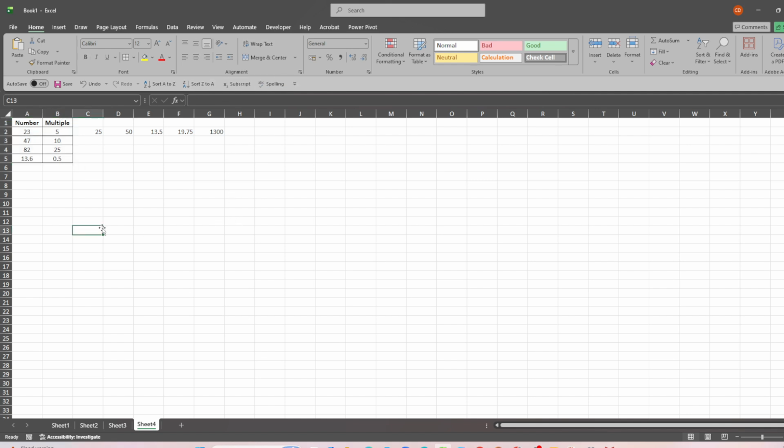Now let's start with rounding to the nearest 5. If your number is in cell A2 and the multiple is in cell B2, enter the formula equals MROUND, open parenthesis, A2, comma, B2, close parenthesis. Excel will return 25, because 23 rounds to the nearest multiple of 5, which is 25. This is a great method when you want your formula to pull values directly from cells instead of typing numbers